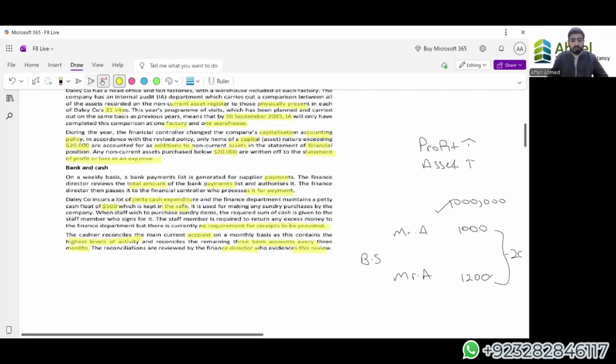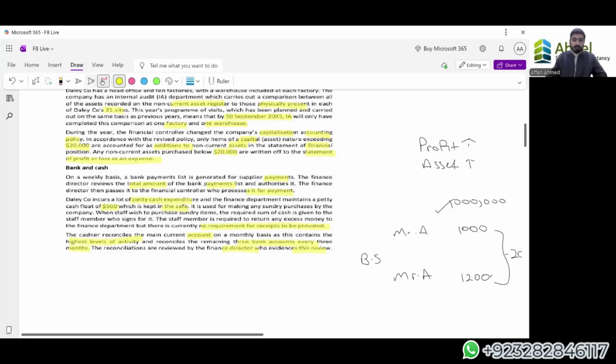The senior manager, the finance director, should not just check or review the amounts. He should recalculate the reconciliation, and he should sign or initial it to show that he has checked it and reviewed the particular transactions. Now, if it is reviewed and checked by the finance director, we can take a sample of reconciliations and make sure the signature is there, and it is done on a monthly basis.